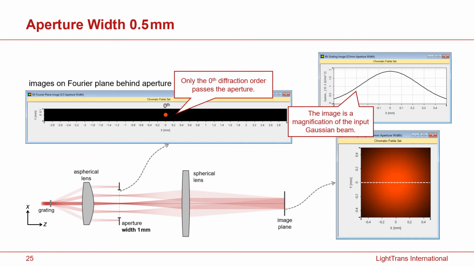At last, if you make your aperture so small that only the zeroth diffraction order, that is the normal order, goes through the system, then finally what you see in the image plane is just a magnified Gaussian beam. There's no image at all. And this is exactly what you can